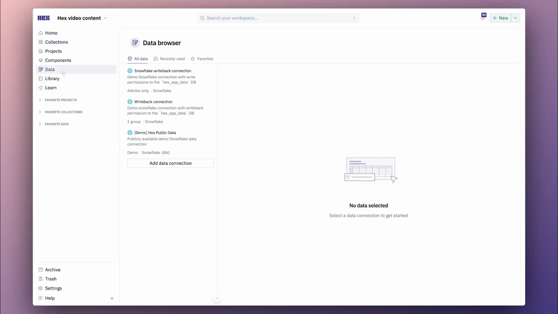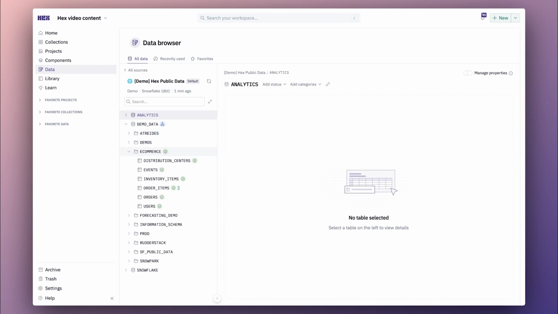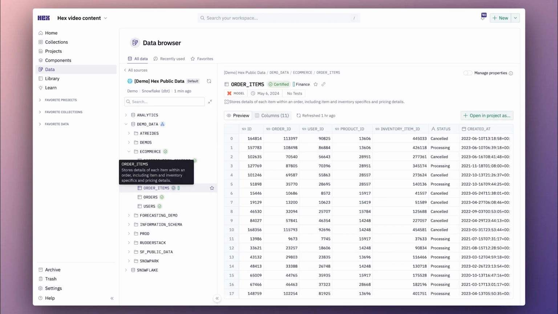Before we can answer any of these questions, we are going to need some data. The data browser shows me all data connections available to use. Luckily for us, an admin has blessed this database with an endorsed status, giving me confidence that it's an approved and reliable source. One of the tables is marked as verified, also signaling that it's a trustworthy source for our